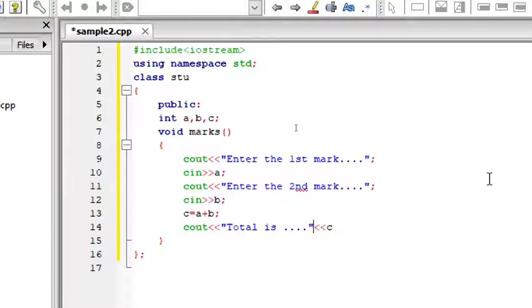Anything that you give inside the double quotes is going to be printed as it is. If you are not giving anything under double quotes, the value is going to be printed in cout. That's the difference. We are done with marks function. That's it.